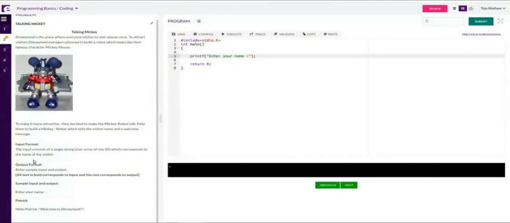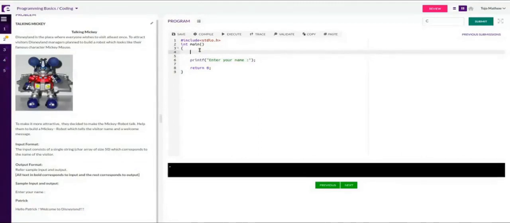Now, if you read the question carefully, you have to input a name. The input for the program is a name that you have to store somewhere and then display it with this string: Hello, followed by the name. In this format, you have to display it. Since I have to store a name, I need to create a character array. For a single character, I would create a character variable only. But since it is a name, I need to create a character array of some size. Here it says you have to create a character array with 50 as the size. This means the input name can at most have 50 characters.